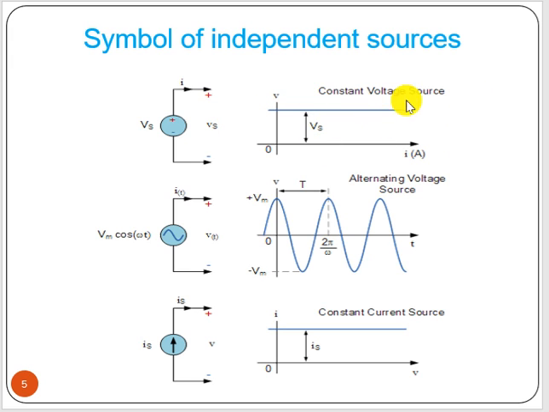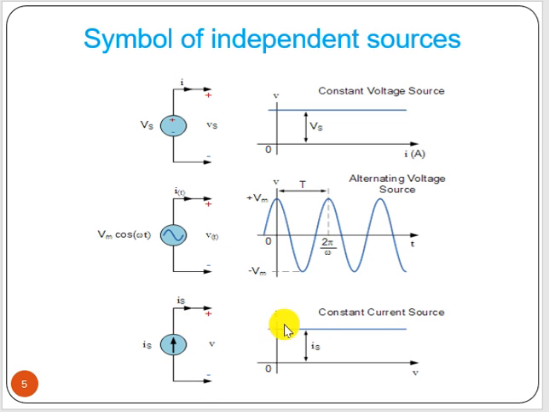What is the frequency of that? It is 0 because the period T goes to infinity. So f equal to 1 by T, that means 1 by infinity equal to 0. Now this is the AC voltage source, and this is Vm sin omega t, where Vm is the maximum voltage. This is the Vm maximum voltage here, and this is a sinusoidal waveform. This is your T, from one peak to another peak, and f equal to 1 by T, that you can find out.